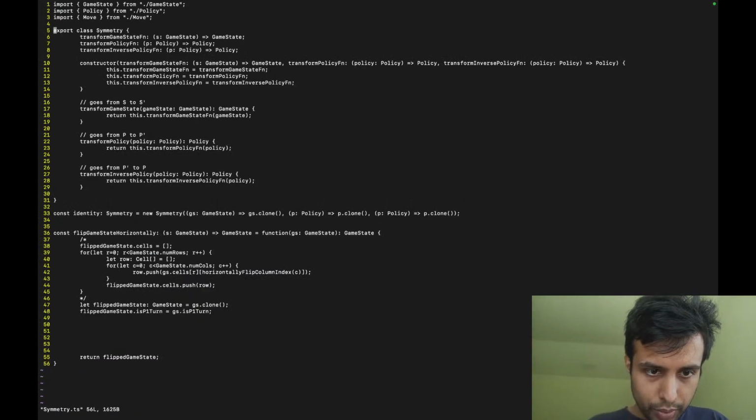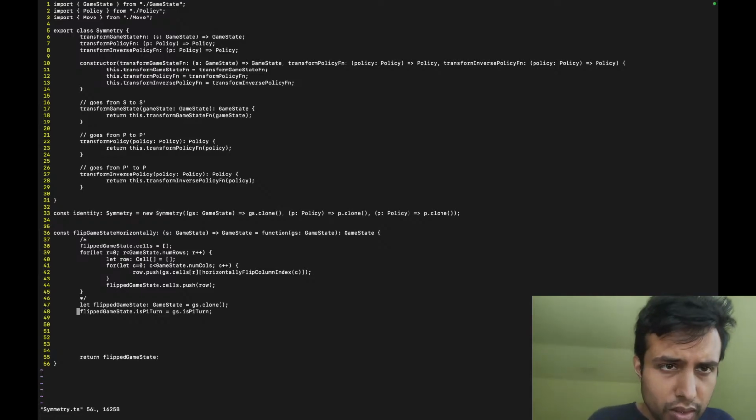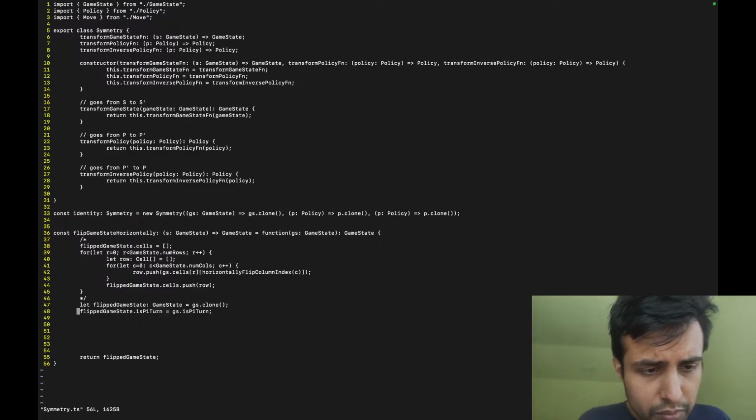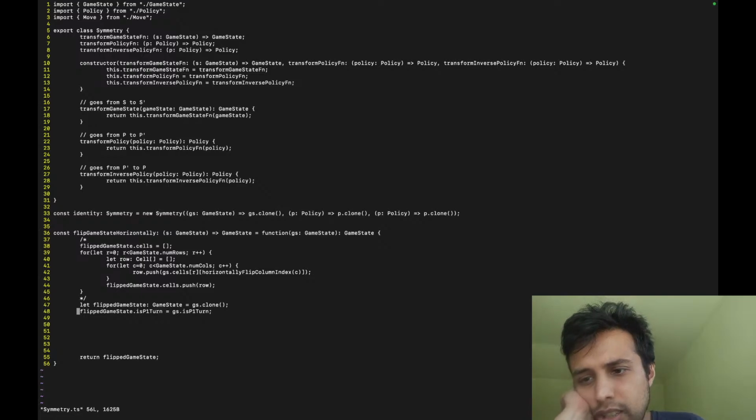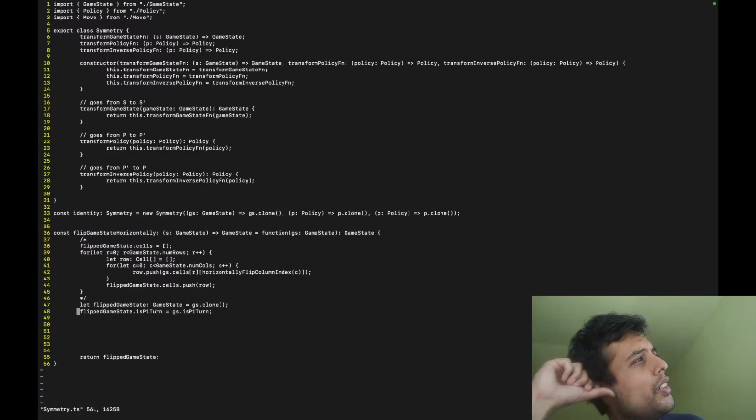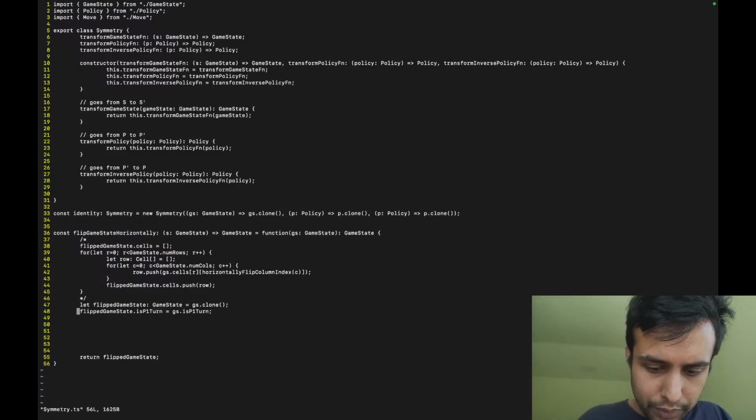Okay, so then for symmetry. What do we have to do? How do we transform the game state horizontally? We have to transform the previous game state also, right? The previous one as well, based on the dynamic. Okay, so I think what we have to do right now